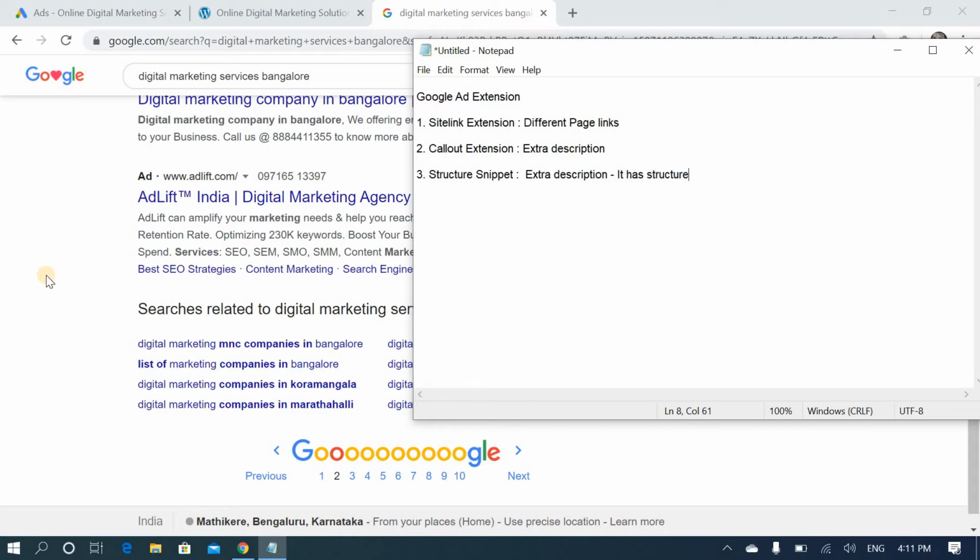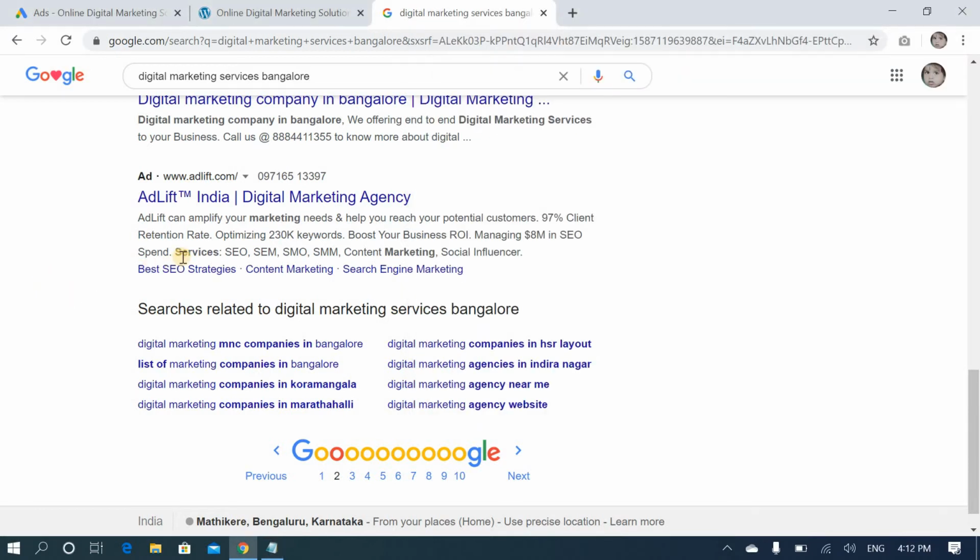Okay, I will show you an example. In this example, they have mentioned services: SEO, SEM, SMO, SMM, content marketing, social influence. This is called structured snippet.